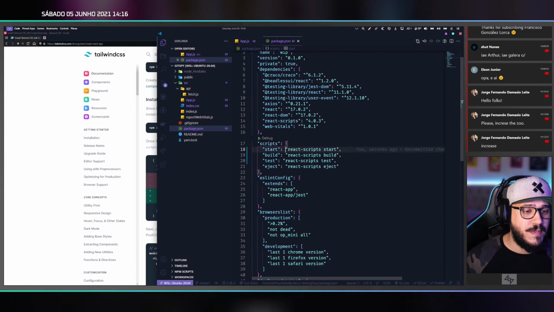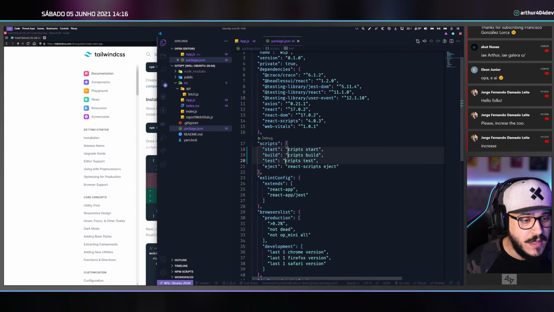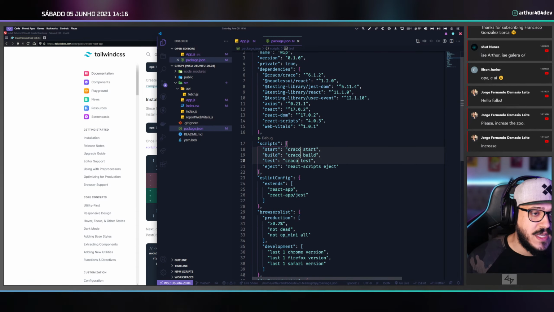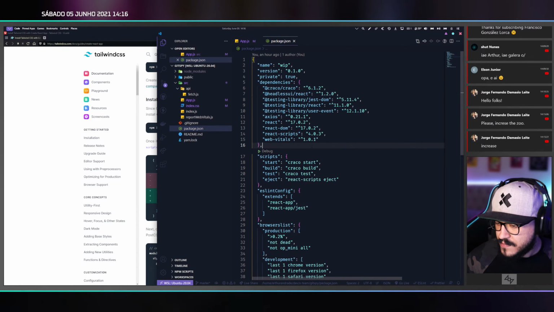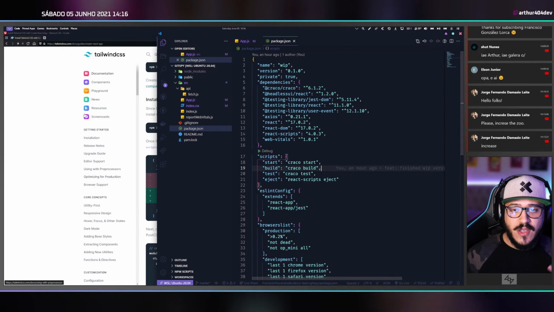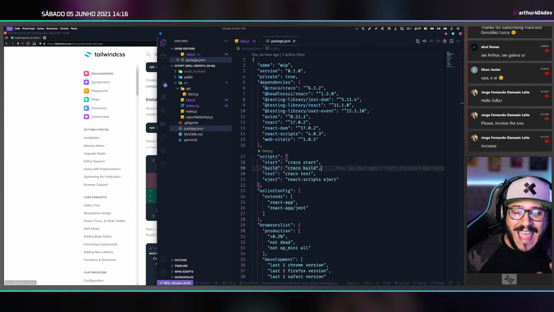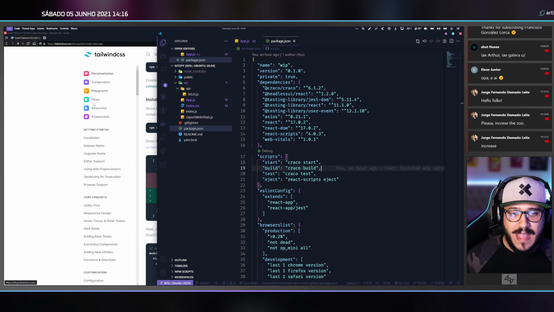So I'm basically going to be taking care of all of those. Oh, sorry about that, fat fingers. And here we are going to be using Craco that we installed. Okay, so that's going to let us rebuild that